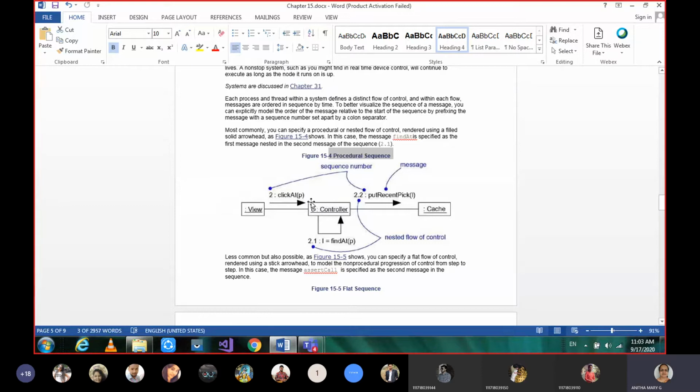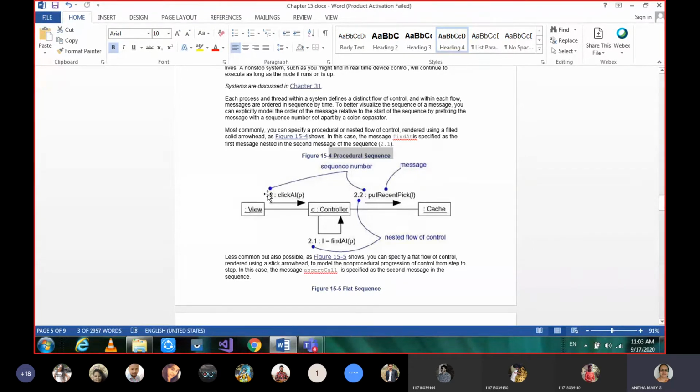See the objects' communication and also the interaction with the messages, and the numbering of those messages is our emphasis here, which we call a procedural sequence. I can just say the first one is click and then put recent pick if I don't have numbering. But if I have numbering, I know the correct procedure, who is the first message.